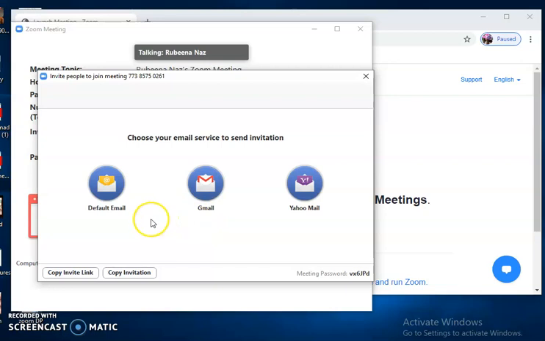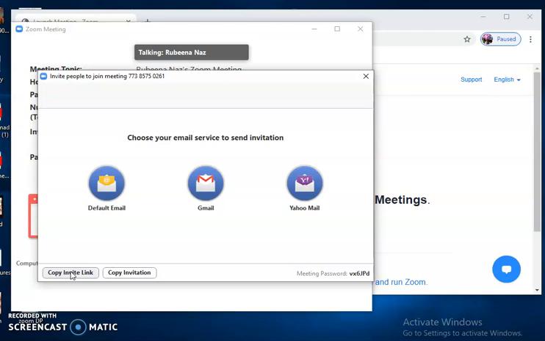Okay, so you can see on my screen there are options given. You can share your Zoom meeting link by email, or you can copy the link and share it by sending a message, or by using WhatsApp, or any other way, whatever you are using.